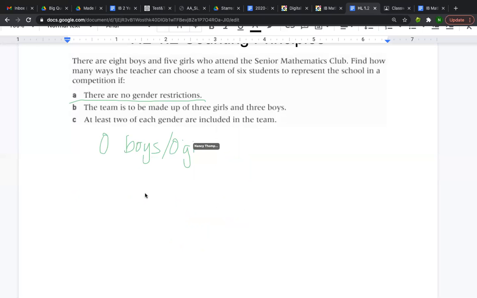There is no case where there could be 0 boys, because then you wouldn't have a full team. The time where there is 1 girl and the time where there is 1 boy. So I could also do my answer from part A, which is 1716 minus